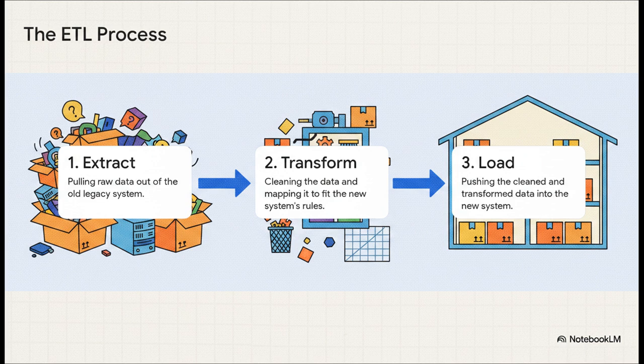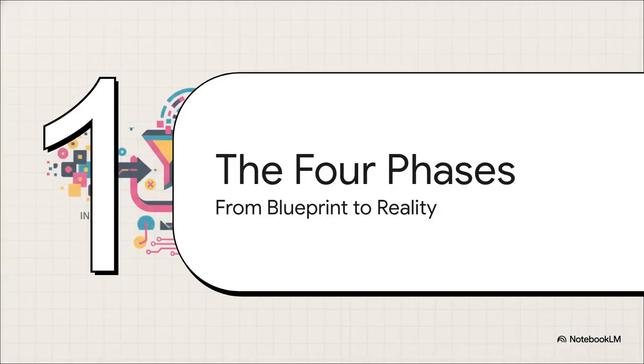Second, transform. Now this is the important part. This is where you clean everything up. You throw out the junk, you label all the boxes so they go to the right room. You're basically mapping old data fields to new ones and making sure everything plays by the new house's rules. And finally, load. This is moving day. You're taking all those perfectly labeled boxes and putting them into the right rooms in the new house. Okay, so ETL is our blueprint. It's the big idea. But turning that blueprint into an actual real-world project, well, that takes a solid plan. And this brings us to the four key phases of the migration process itself.